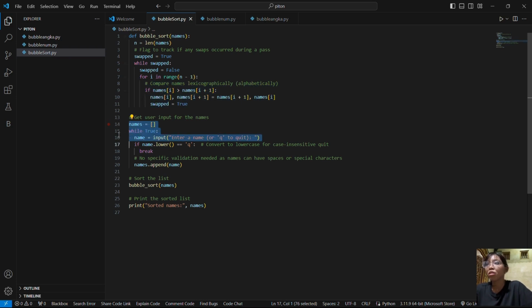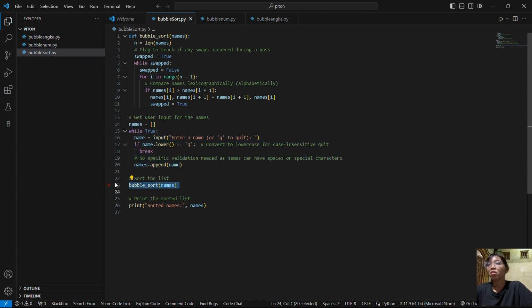The line of code is to get user input for the names and convert to lowercase for case insensitive quit. No specific validation is needed as names can have spaces or special characters.